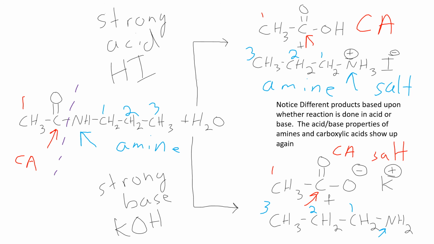So you can use colors, numbers, symbols to help you orient yourself and make sure that you're maintaining the same bond connectivity. So when you're breaking down an amide, you're going to form a carboxylic acid and an amine. You just have to ask yourself then, anytime I have a carboxylic acid and amine, what form will it be in? I have to keep those neutralization reactions in mind. Is it going to be in its regular form, or is it going to be in that salt form? Because again, I'm highlighting this in green. Notice you get slightly different products based upon whether it's done in acid or a base.